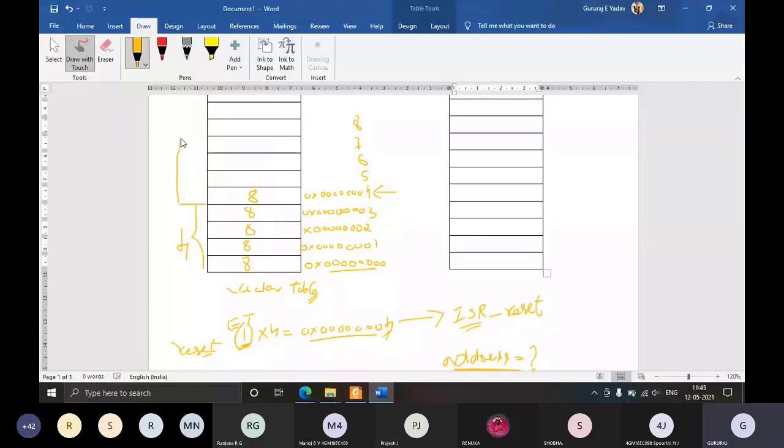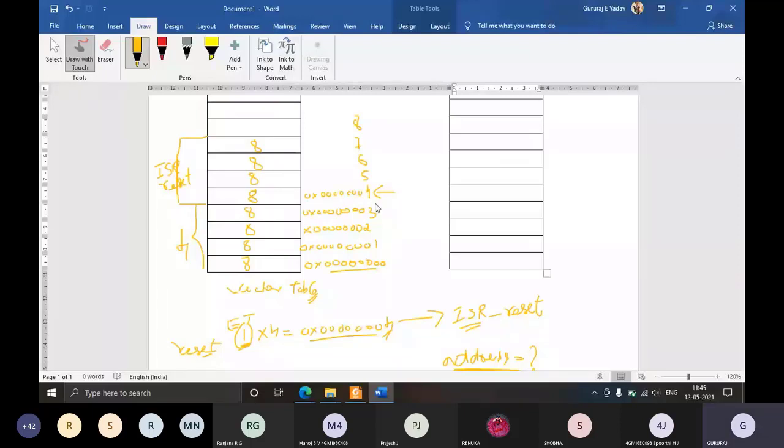The first 8 bits will be in 4, next 8 bits in 5, next 8 bits in 6, and next 8 bits in 7. Combining these 4 locations, you will get the address of the ISR for reset. So the address of the reset ISR will be available in the location starting at 0004.